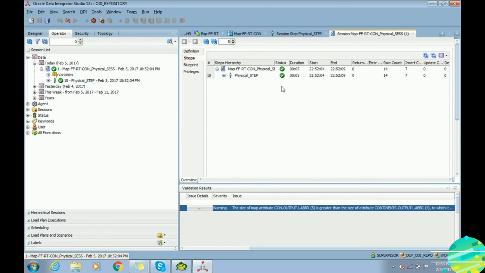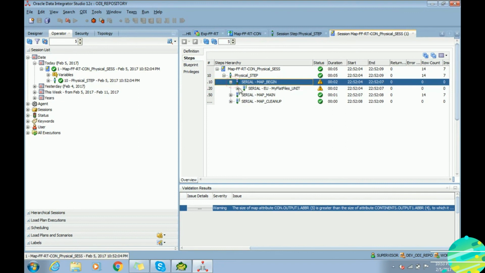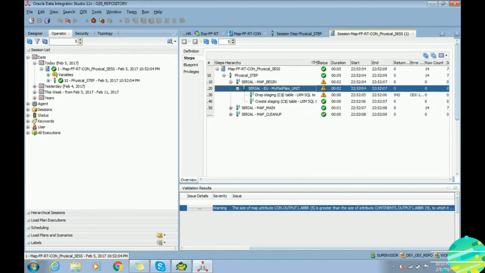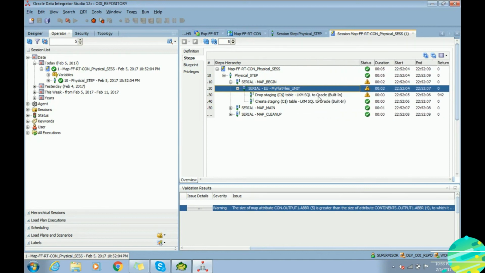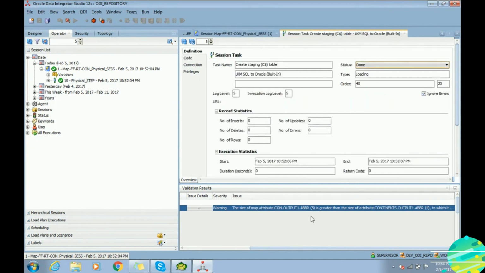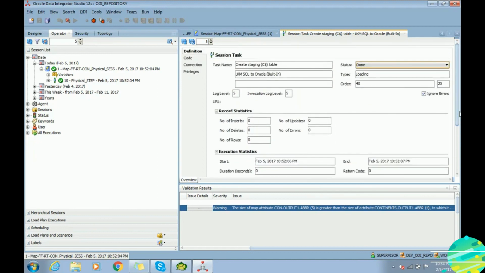And as you see, click on steps and then you can see the details of each step. One of the steps went in warning, no problem, because it has allowed for the following step to go ahead, and that has been successfully completed. So looks like the interface has gone through, and we should have our data in the target table.